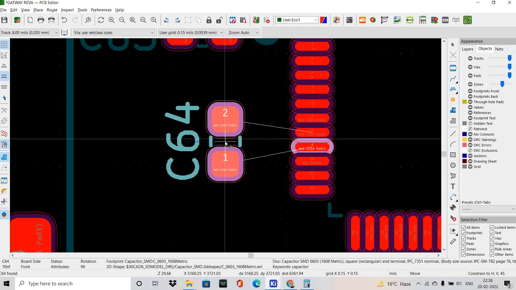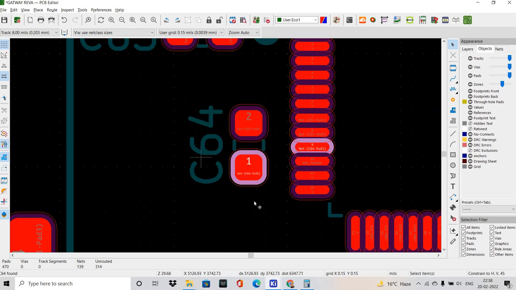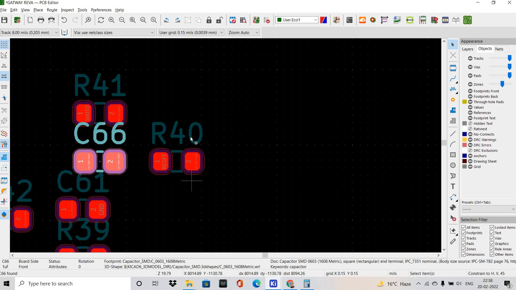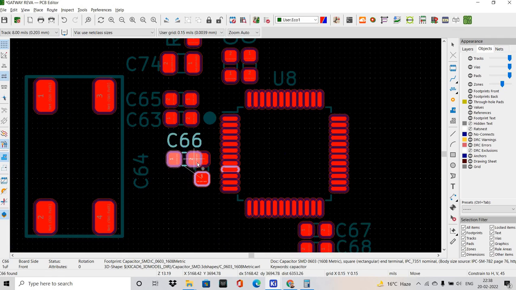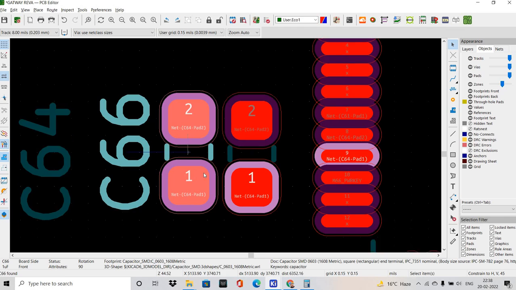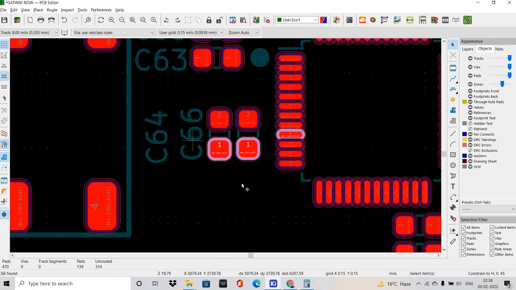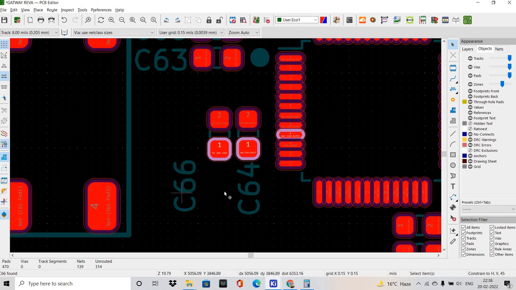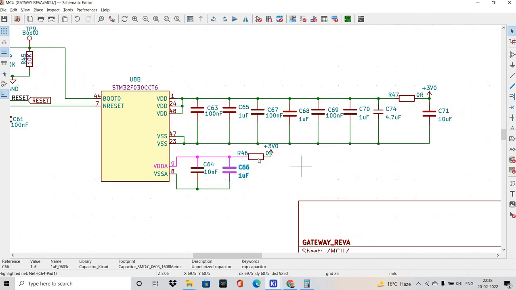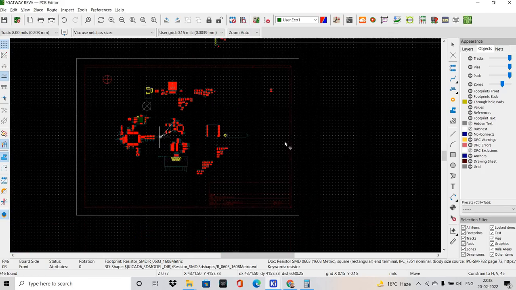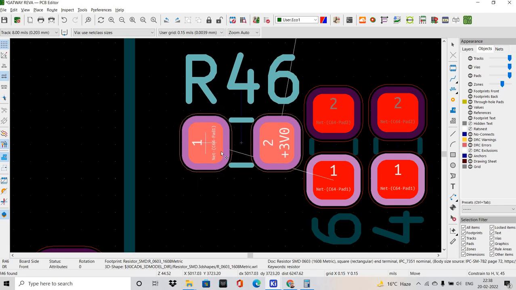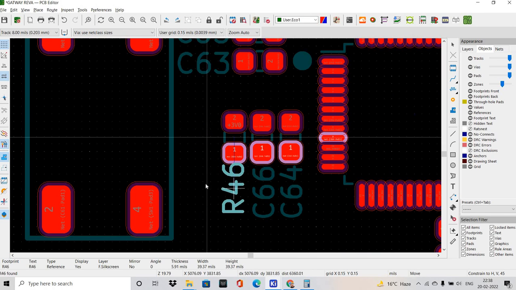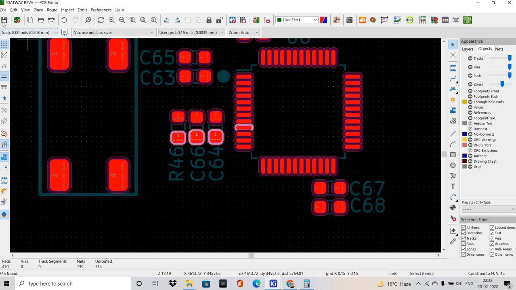Okay, so I have to rotate this one like this, and then C66. Okay, and then R46, save it,